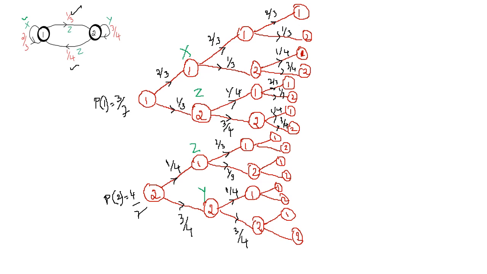Next, when it goes from 1 to 1, already we have the x symbol. So we are going to get the symbol as x and x. Here from 1 to 2, x is already present. Next interval of time, we are going to get x and z. Then z is already present. Then from 2 to 1, which symbol are we going to get? We are going to get z itself. So we are going to get zz.